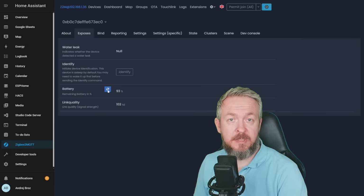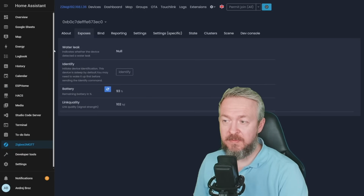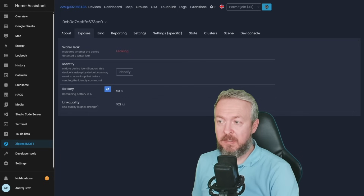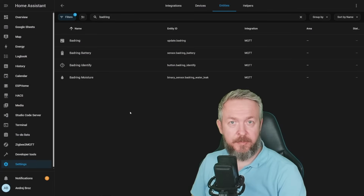If we go to Exposes, we can see that we have information if there is a water leak or not. When a water leak is detected, it will change the state for water leak from clear to leaking. And when it stops, it will go back to clear. In Home Assistant we have 4 entities: